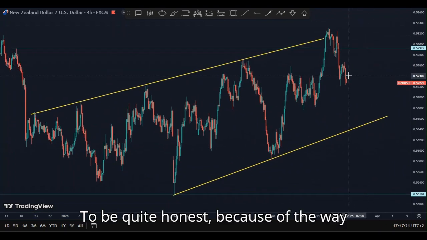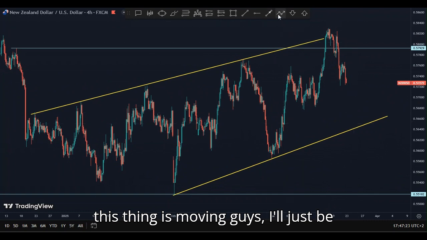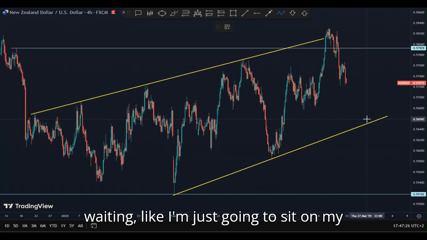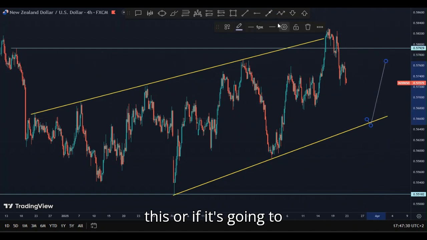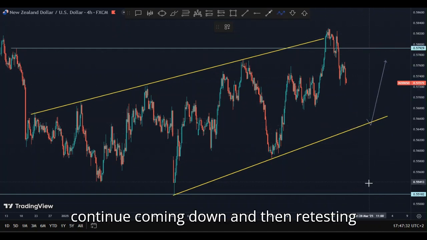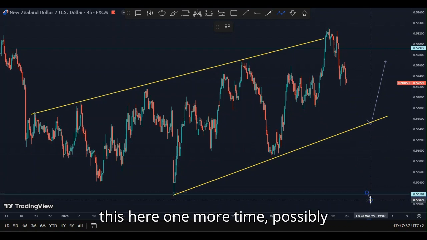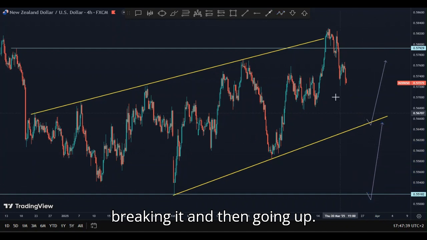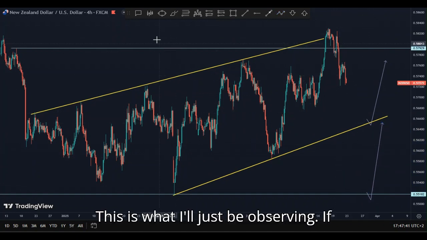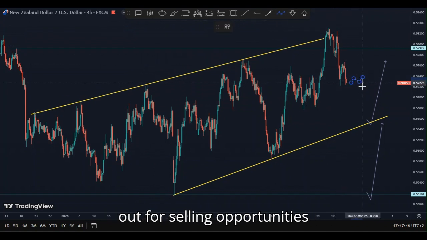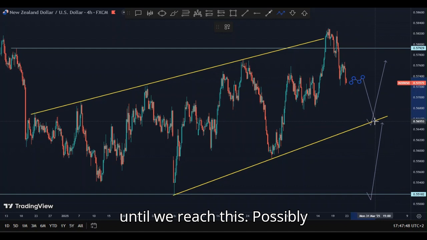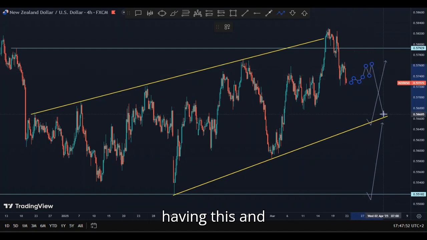To be quite honest, because of the way this thing is moving, guys, I'll just be waiting. I'm just gonna sit on my hands and wait to see if it reacts off of this, or if it's gonna continue coming down and retest this floor one more time, possibly breaking it and then going up. So this is what I'll just be observing. If anything else, I'll just be watching out for selling opportunities until we reach this, possibly having this, and then